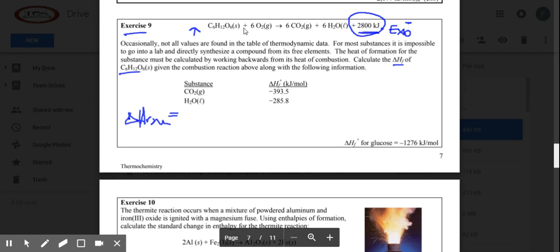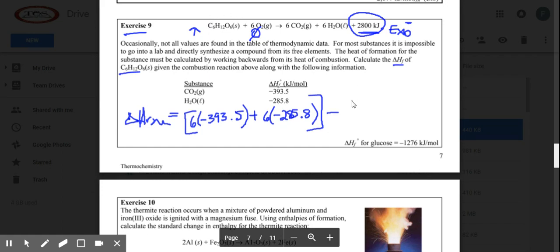So I go through here and I say, do I have any free elements? And I see that oxygen here is a free element. Even though it's diatomic, it's a free element. And so therefore that value is 0. So I'm going to plug in my products: 6 times CO2, which is negative 393.5, plus 6 times water in the liquid state, so that's 6 times negative 285.8. And those are my products,